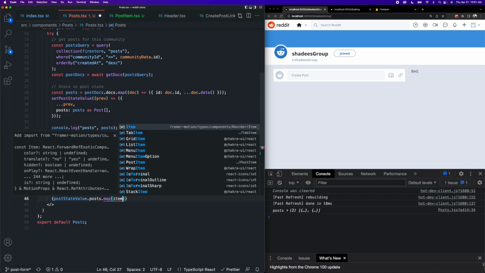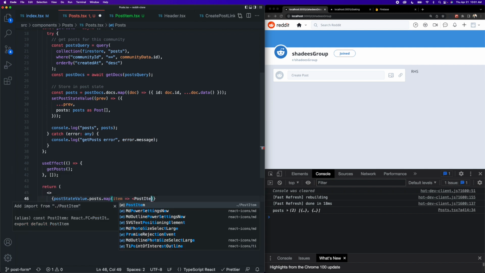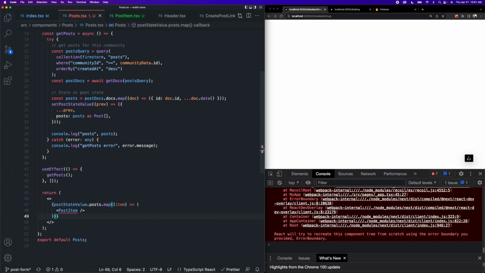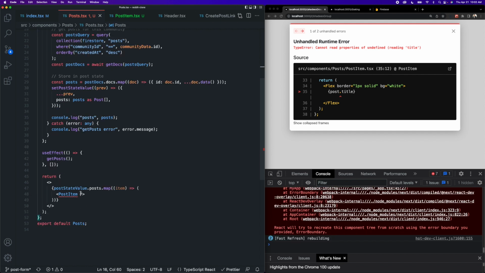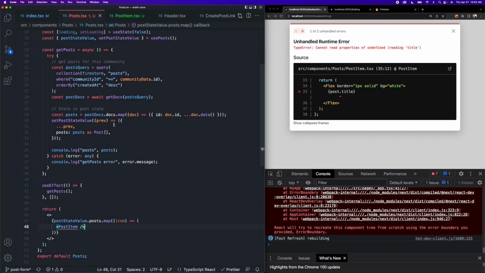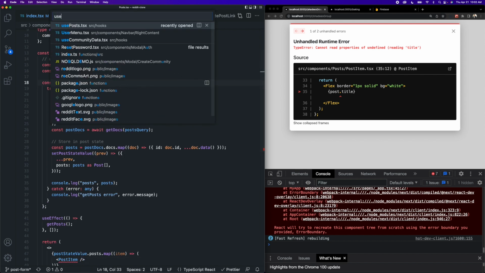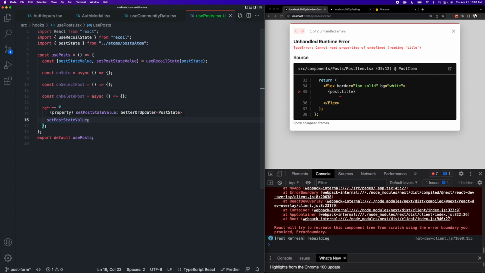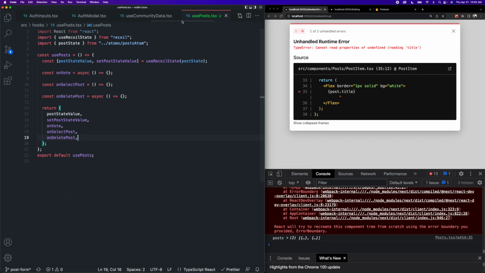And then we want to take each post item inside of that array and create a PostItem component for each one. And this is complaining because we are not passing it the required props. So let's pass in all of the required props, and we will need to bring in those onVote and onDelete functions from our usePost hook. And I believe I did not actually put that inside of the return object here. So inside of here, I'm just going to add onVote, onSelectPost, and onDeletePost so that we can actually access them